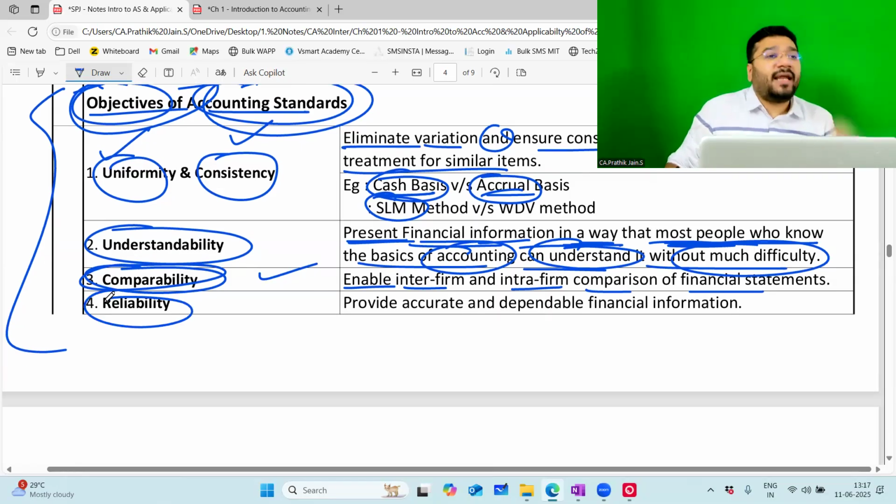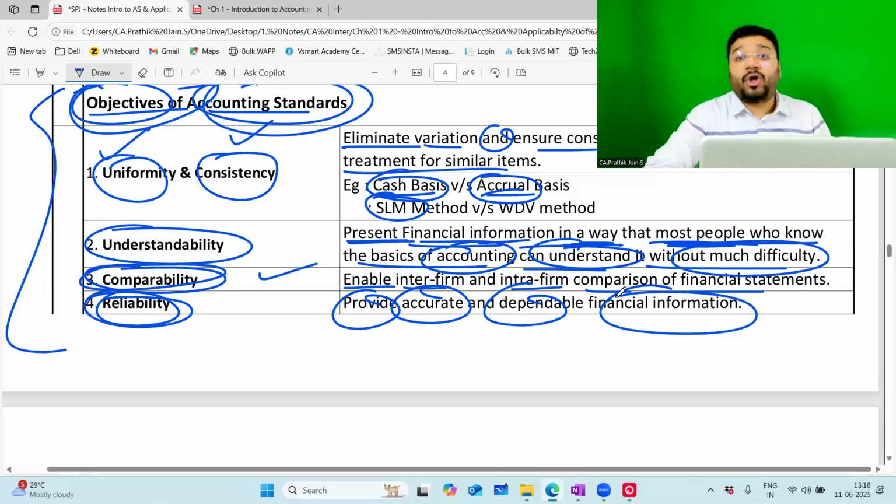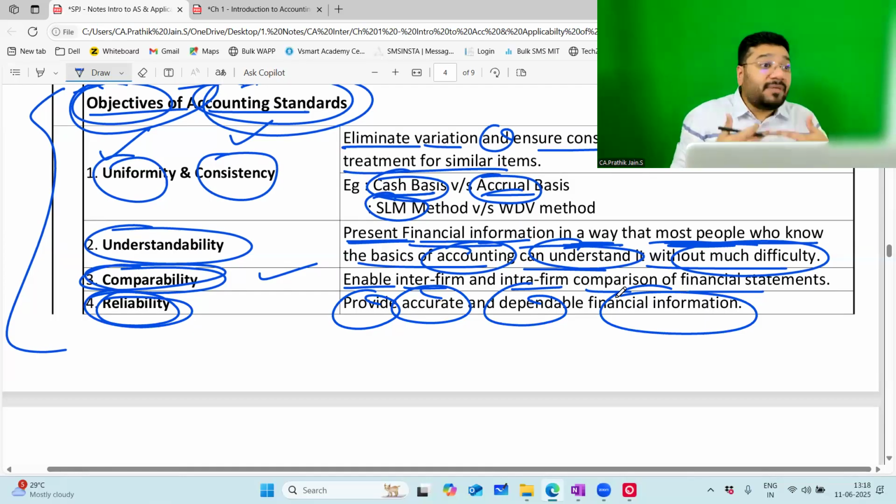And the financial statement that you provide to the users of financial statements, the reporting of the financials that you do, should be reliable. It should be true and fair. So provide accurate and dependable financial information. Because if you provide misleading information, and based on that misleading information I invest in that company, my money will turn out to be in loss. My money will get lost there because they're misusing the funds. When they can provide misleading data, they can mislead us with the data, then with my money, they can do whatever they want to do.